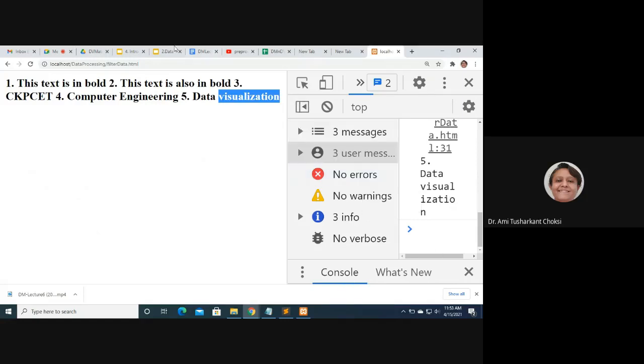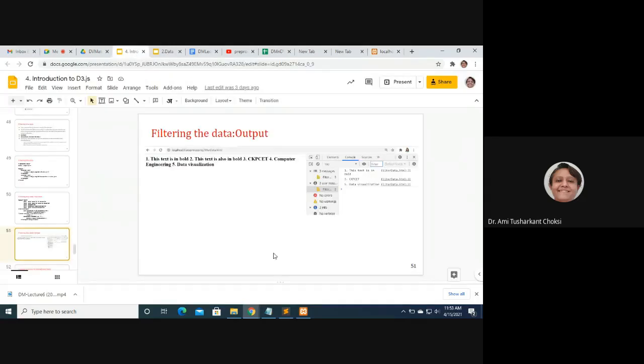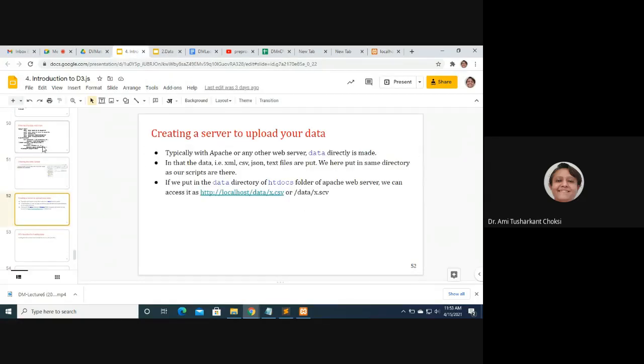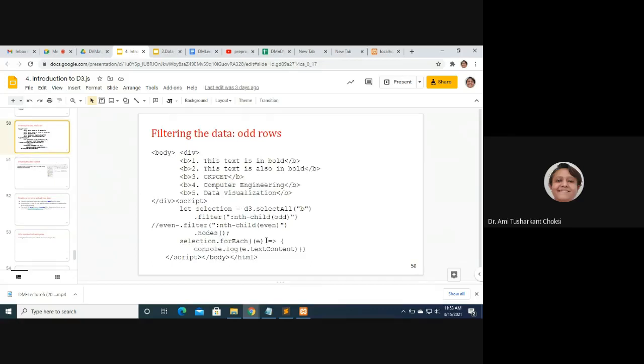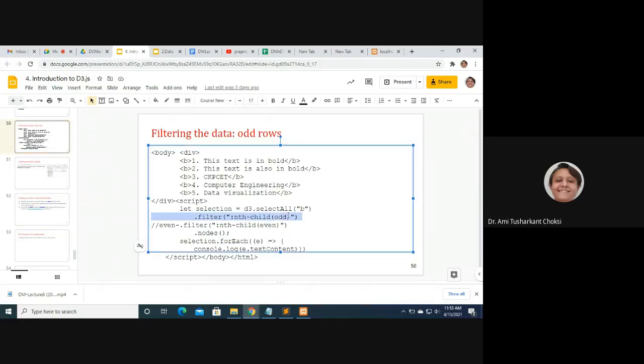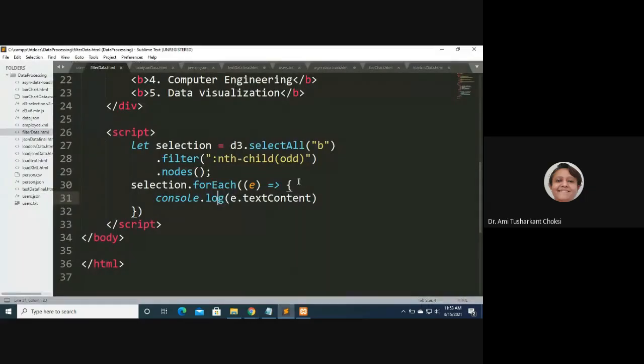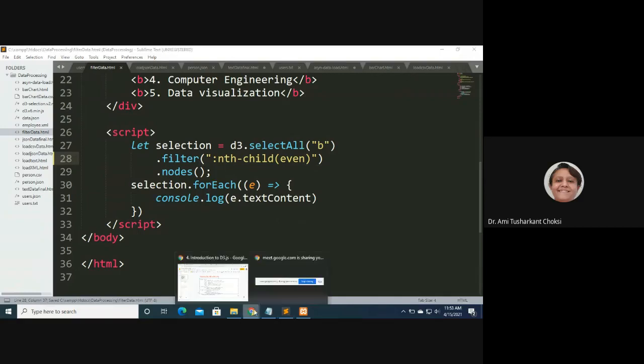If you want to get the even number of data, we just have to change one line. Here, instead of the odd child, we'll be considering the even child, right? So we'll be writing this one. Let me change it in this only. Instead of odd, now I'm writing it as even. Save it, then run it in the browser.